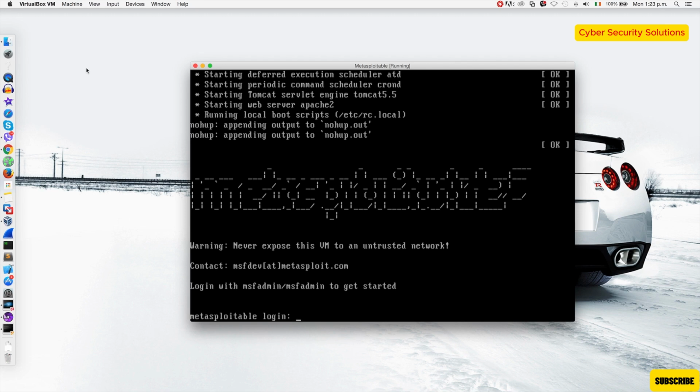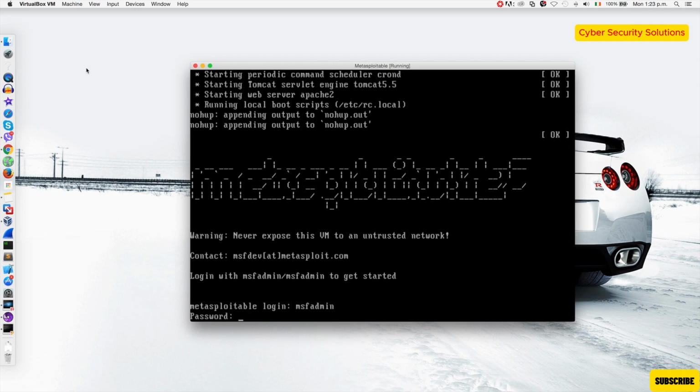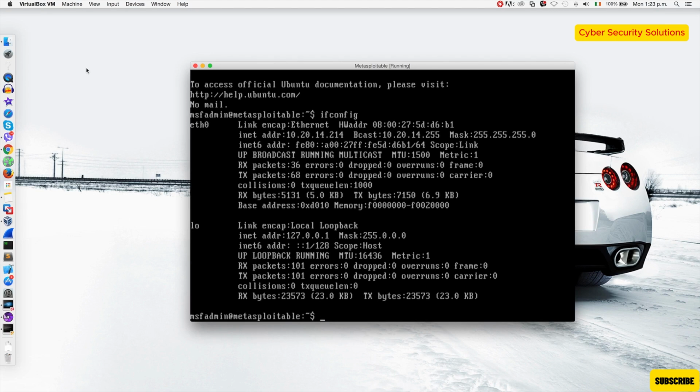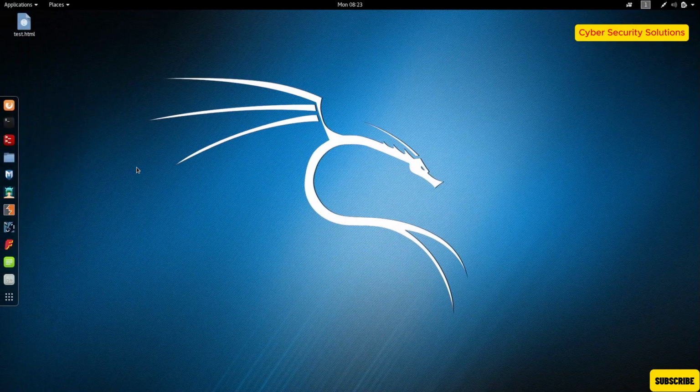So I'm just going to log in. Like I said, the username is msfadmin and the password is msfadmin. And to see the IP address of this computer, all you have to do is just type in ifconfig. So ifconfig. And the IP address here is 10.20.14.214. So if I go to the Kali machine here, and if I open my browser,